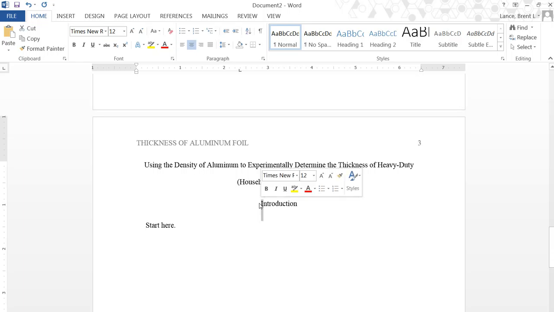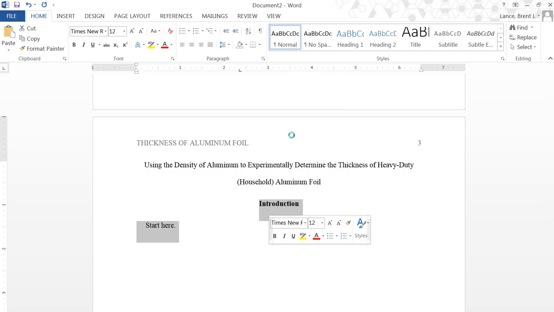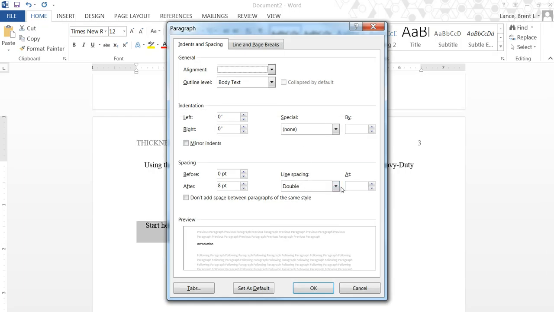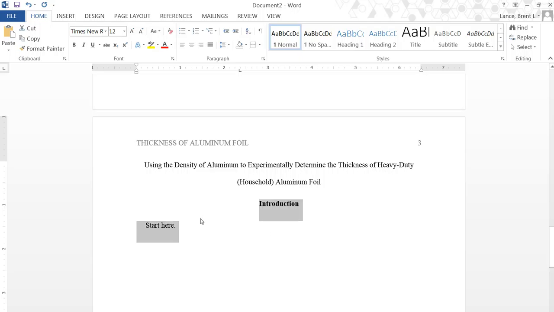The introduction heading is already in Times New Roman 12-point font. If it wasn't, I would change it, and I'm going to bold that section of the paper. Again, I'm just going to make sure that I define this as double spacing, and it is double spaced, but you would start typing there with your indented paragraph,